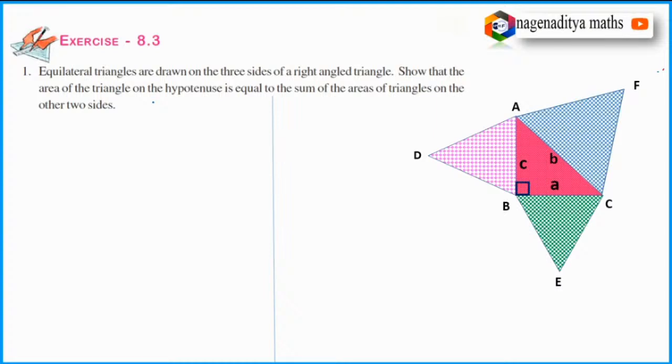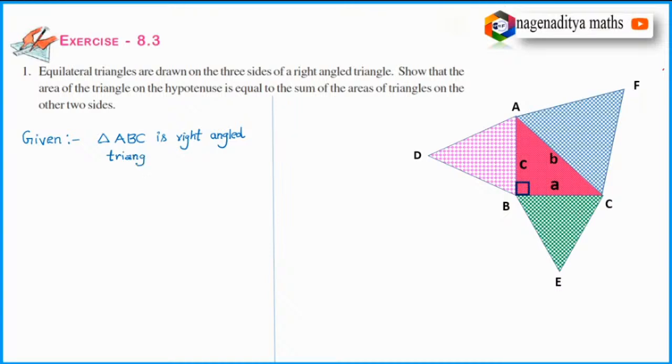So first we have to write what is given in this problem. What is given? So given, triangle ABC is a right angled triangle. Okay,